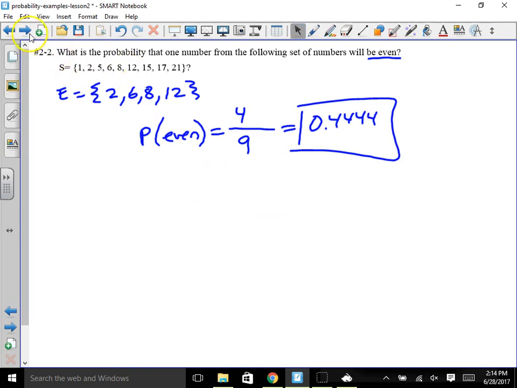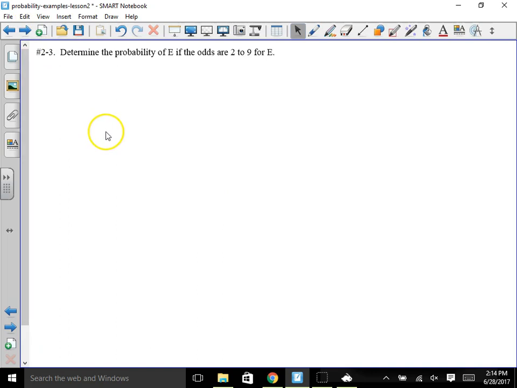Problem number 3 says to determine the probability of E if the odds are 2 to 9 for E. Okay, so really this is not where we're computing the probability, but we're essentially given the probability. We're just given it in the form of odds, right? So let's remind ourselves what odds are. If we have odds for E, the odds for E